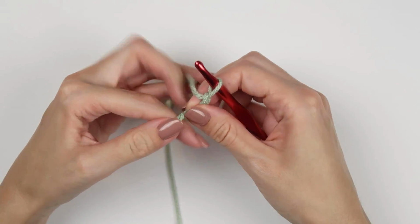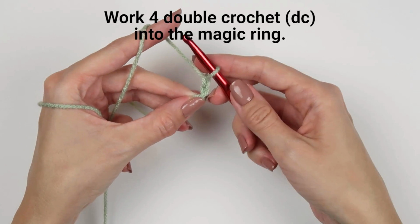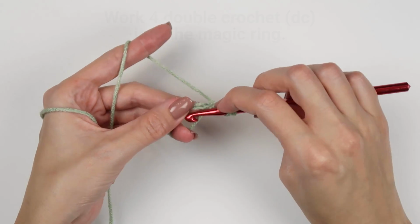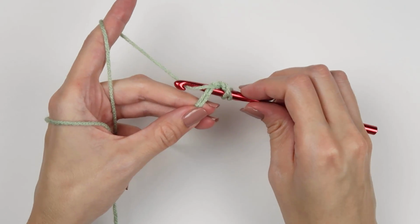If you don't like magic rings, start this row with chain 3. The first chain will represent the magic ring and the other 2 will help you to lift the row. Now work 4 double crochet stitches, 2 chains and then 4 double crochet stitches again